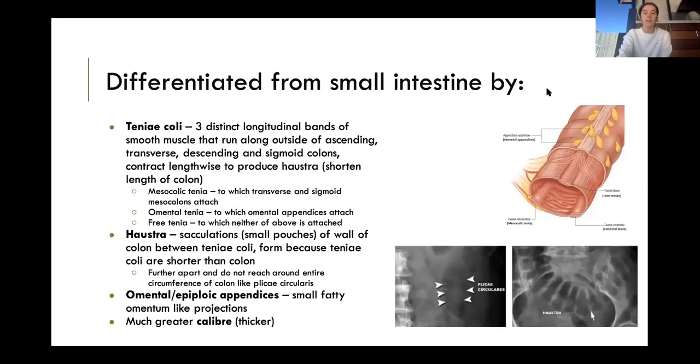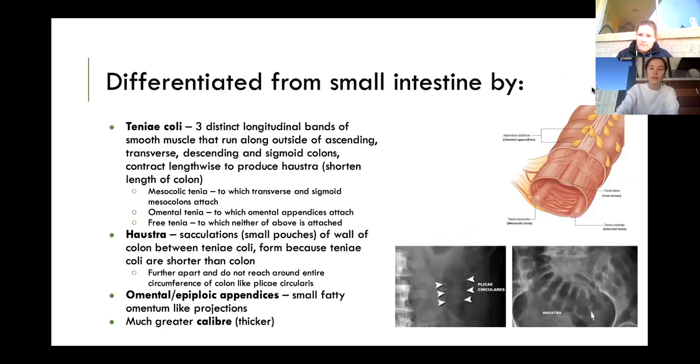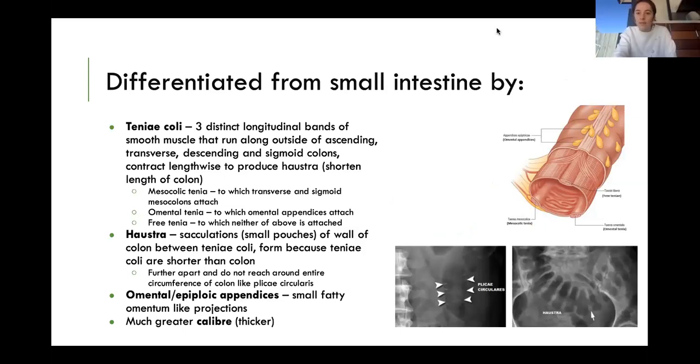And so the difference between the small intestine and the large intestine is that the large has these things called taenia coli. So they're these long